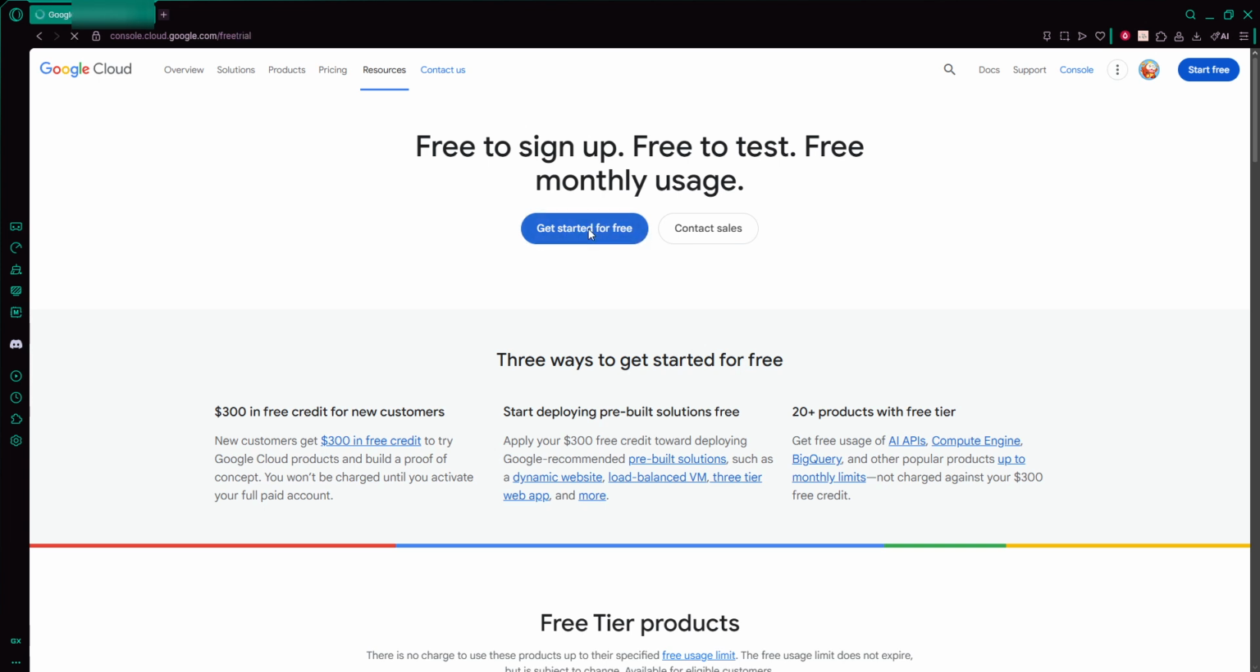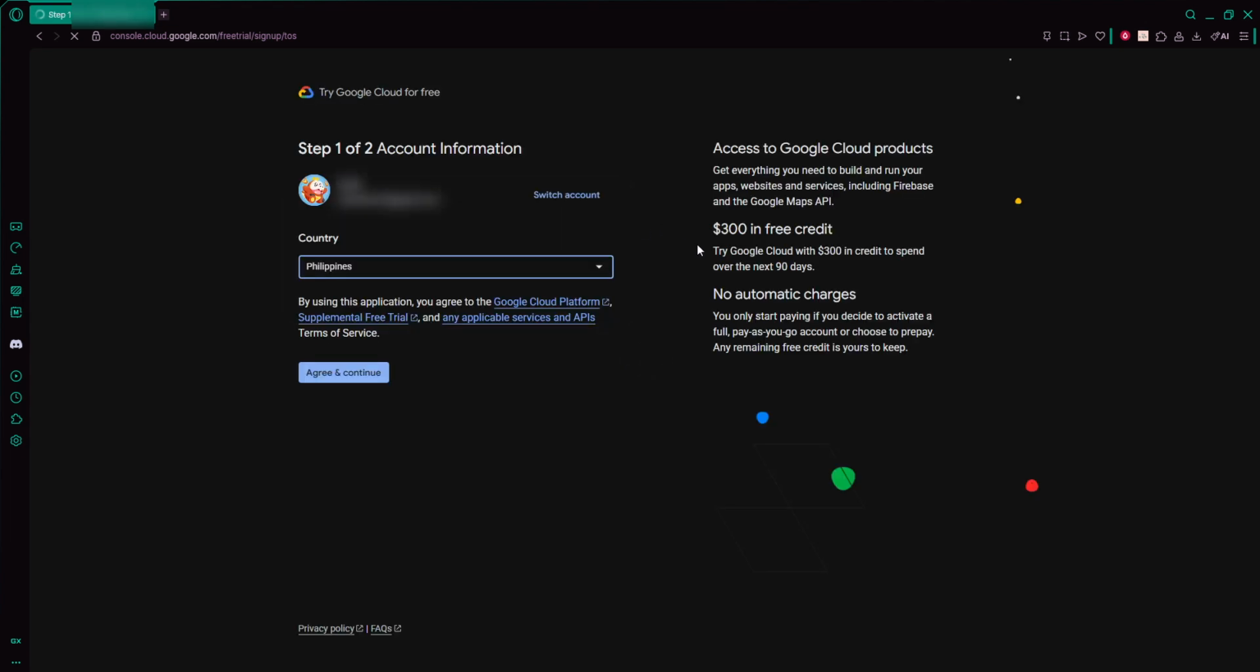This free start option often includes some promotional credits, which means you can try services without being charged right away, as long as you stay within the free limits and the credit amount. Keep in mind that the exact offer can change over time, so read the short description on the page to understand what you're getting. After you click Get Started for free, you'll be prompted to sign in with a Google